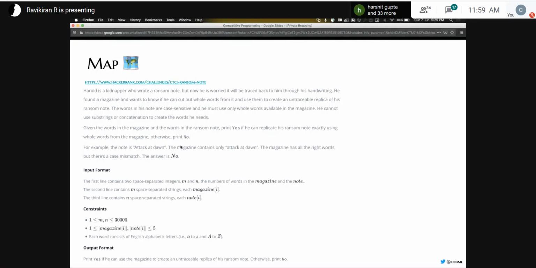So a map is very similar to a set, but it's an extension to a set. You can say a set is a smaller, more limited version of a map. In a set, what we did was just check if the item existed in the set or not. In a map, what we can do is also associate a value with that item. So a set can be thought of as a map where the value is 1.